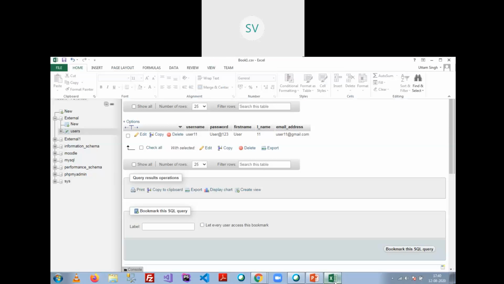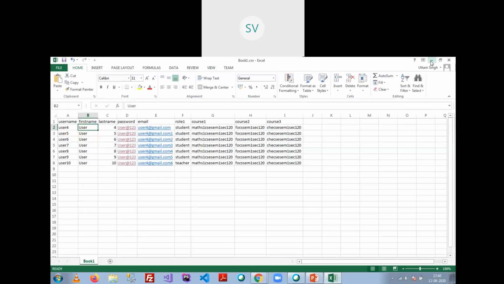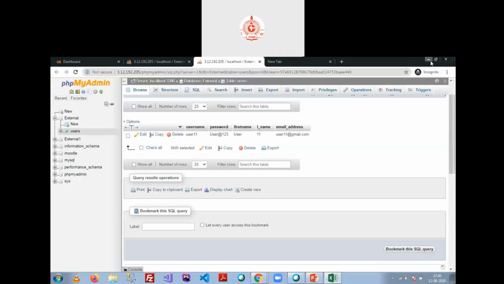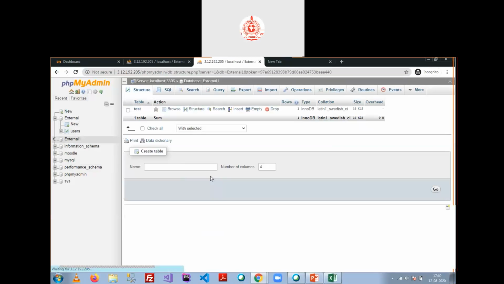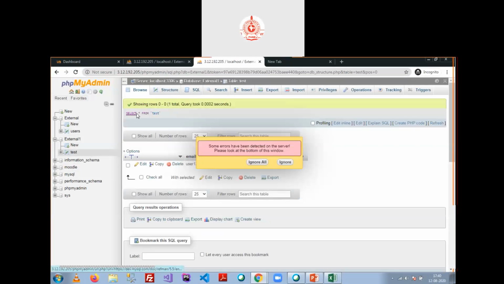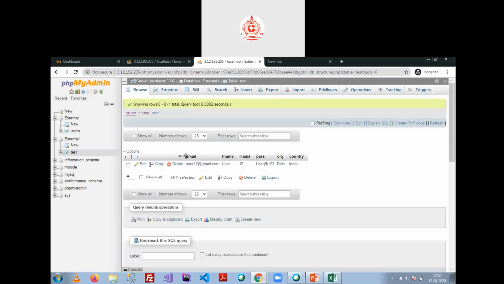You can also use the CSV file here. That CSV file has these fields like external users, one test table, and these field names. The first column should be email. The second column should have the user's first name. The third column should have the user's second name, then password for the users, then city and then country.